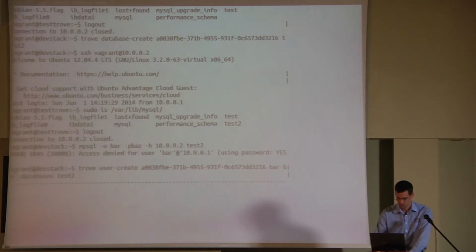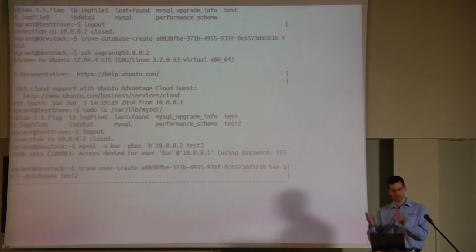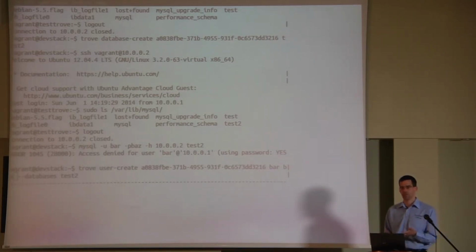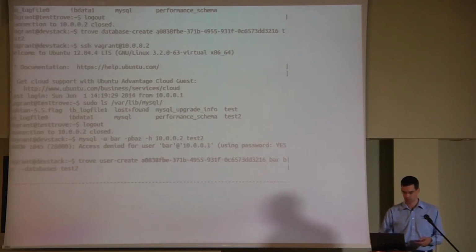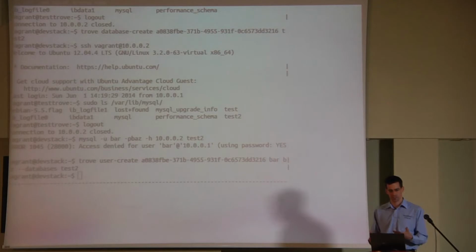Bar baz. OK? So the syntax is trove user-create, and then I give an instance ID, a username, a password, and then optionally I can restrict access to specific databases. So in this case, I want to restrict it to the test2 database. So now I've interacted with the Trove API, the Trove task manager, and the Trove guest agent to create a